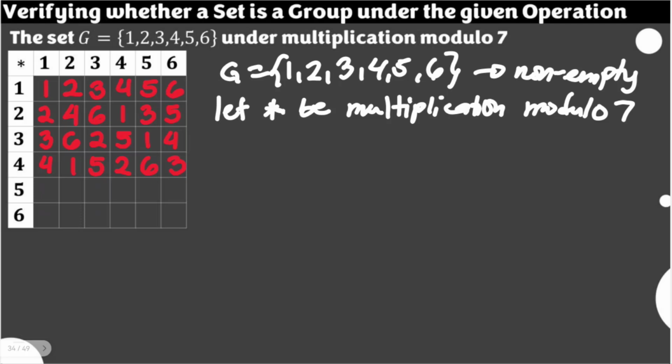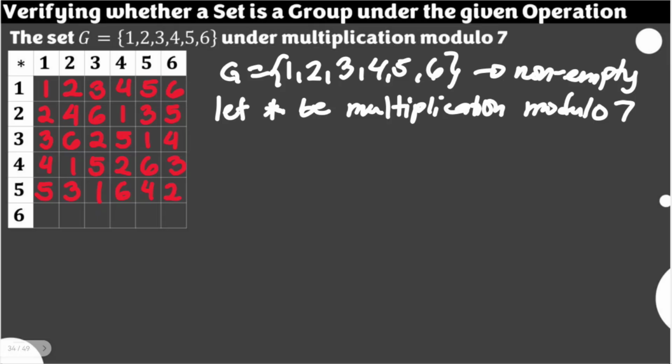So just simply continue. 5 times 1 is 5 modulo 7. 5 times 2 is 10, that's a 3 modulo 7. 5 times 3 is 15, so 1 modulo 7. 5 times 4 is 20, that's 6 modulo 7. 5 times 5 is 25 modulo 7, again 21, so that's 4. 5 times 6 is 30 modulo 7, that's 28, so we have 2. Next,